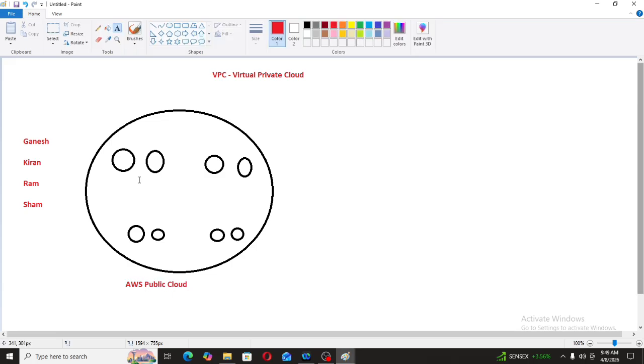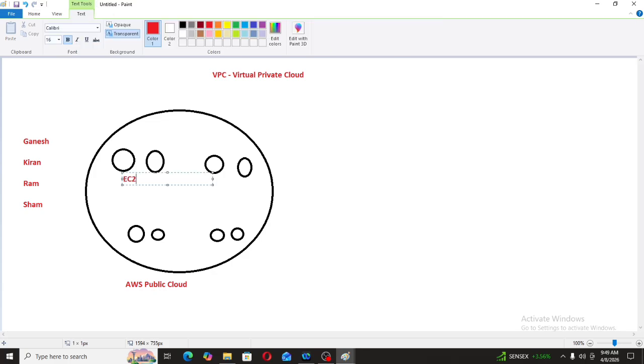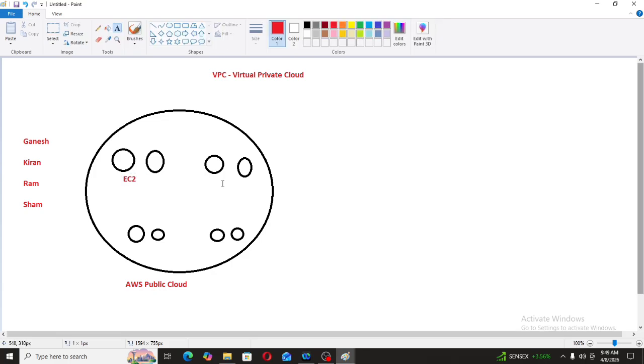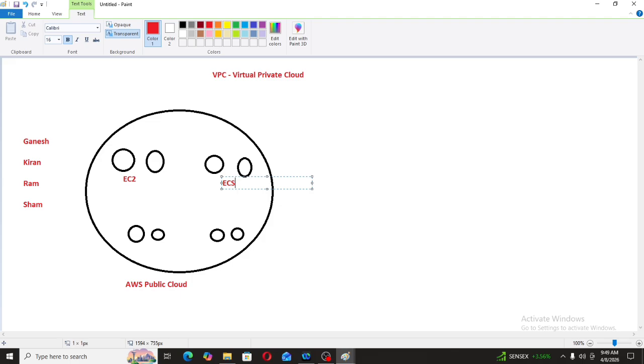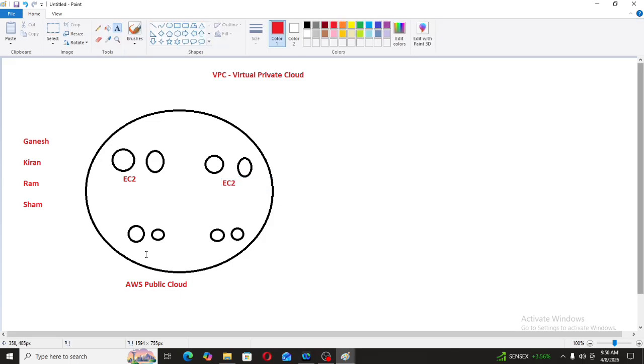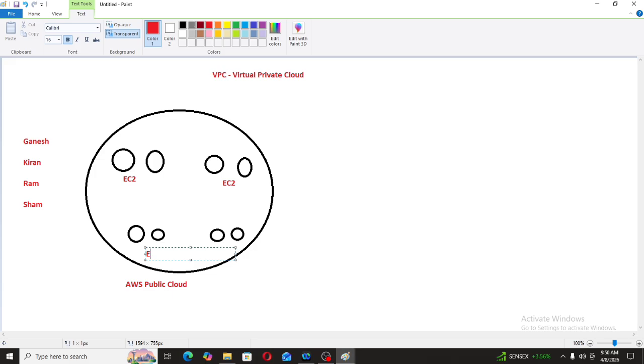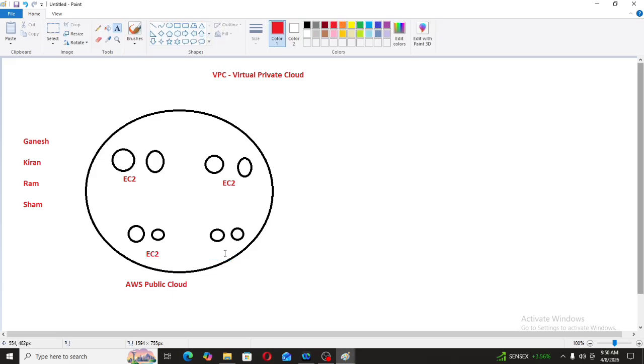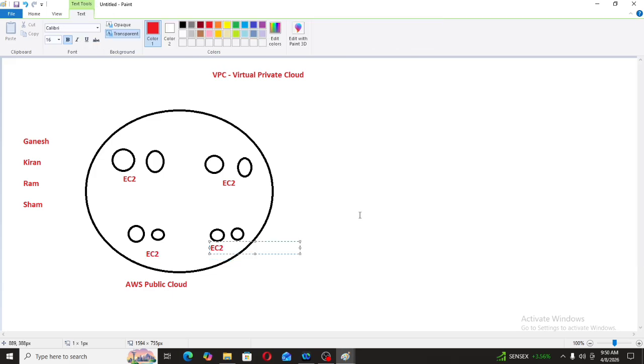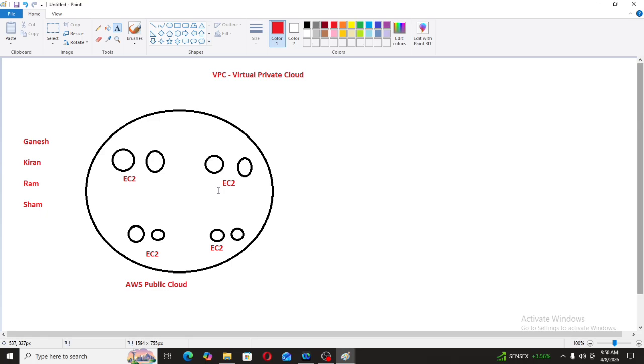Ganesh has two EC2 instances, Kiran has two EC2 instances, Ram has two EC2 instances, and Shyam has two EC2 instances. They have launched EC2 instances for their own specific business in the AWS public cloud.